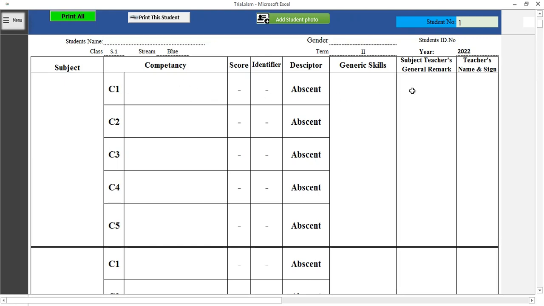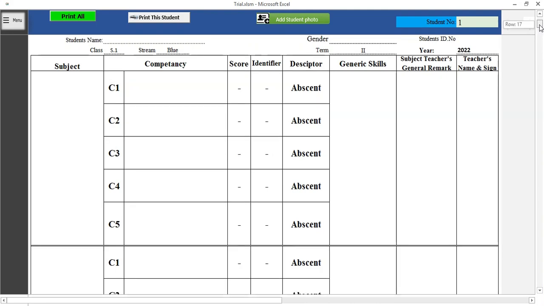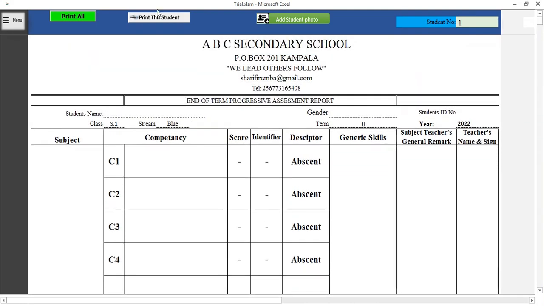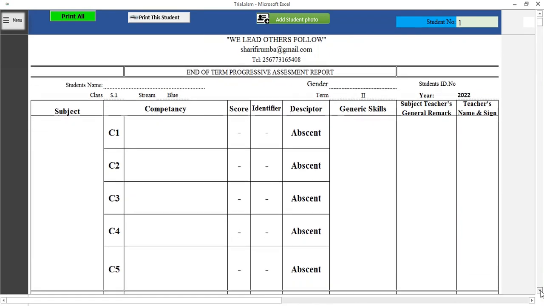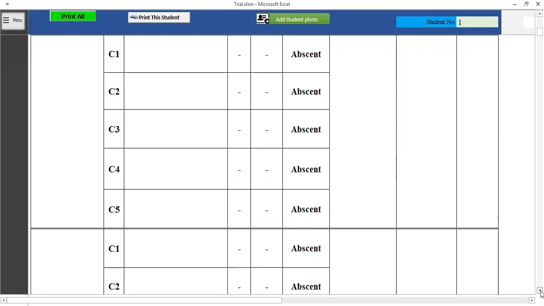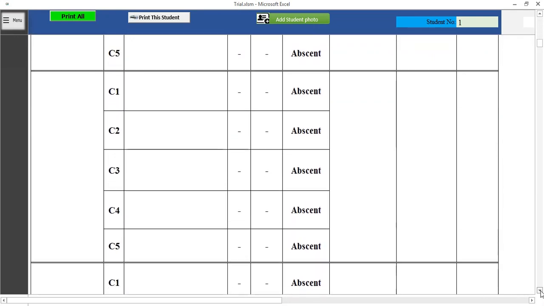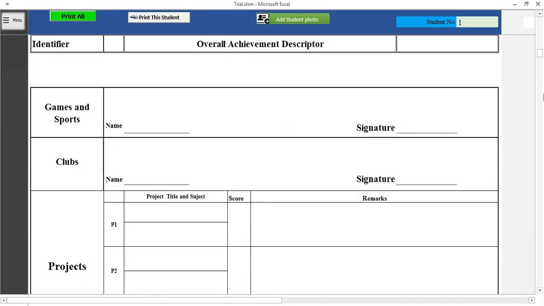So the teacher will comment on this competency like that continuously until you finish all the competencies, and this description of the competency will go to the subject details, as we shall see when we continue with this video. So this is the report card, and that's majorly what is changing here. Then when you scroll down, we are going to see